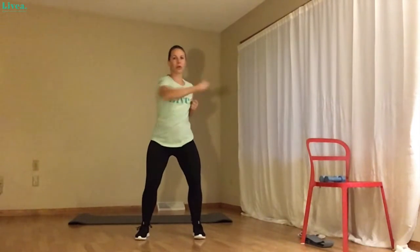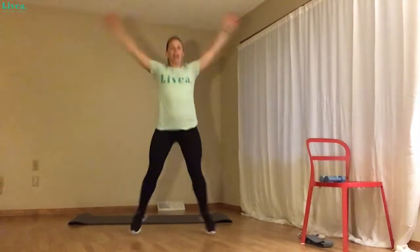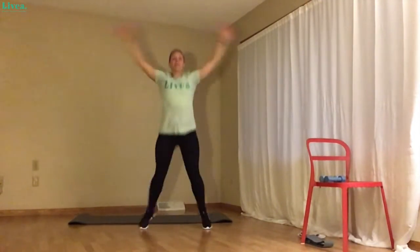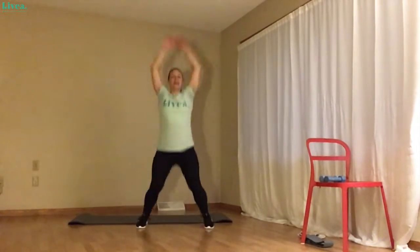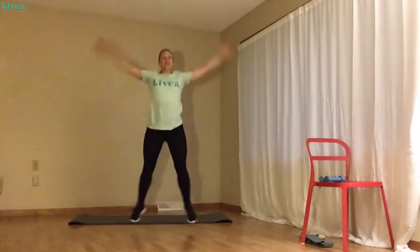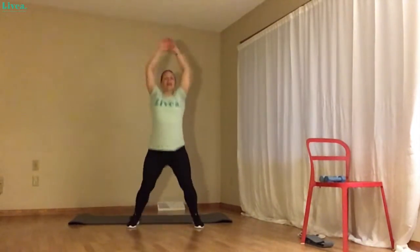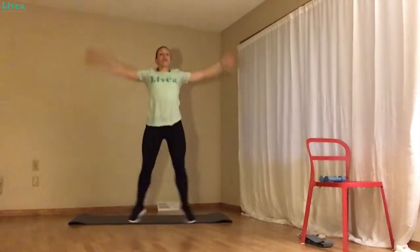5, 4, 3, 2, 1. Next we're going into jumping jacks. 30 seconds. Jacks are always a good warm-up move. Any sort of jumping movement is going to get the heart rate up. Good to add that in. 5, 4, 3, 2,